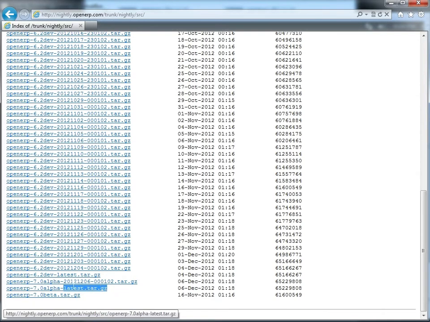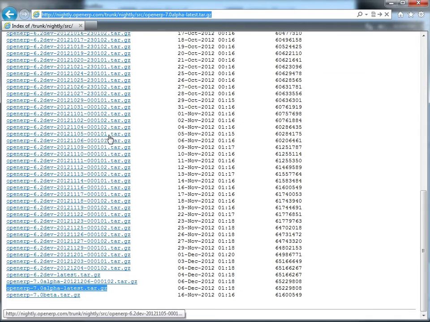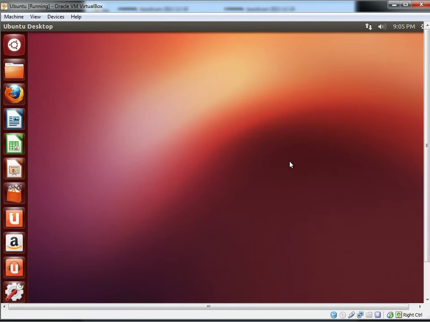So I'm going to take this, and I copy and paste it up in here just so we can have it. And this is going to be the actual build that we're going to download inside of the command terminal. So with that in mind, I will go ahead and close the web browser and pull back up our command prompt with a Control-Alt-T,